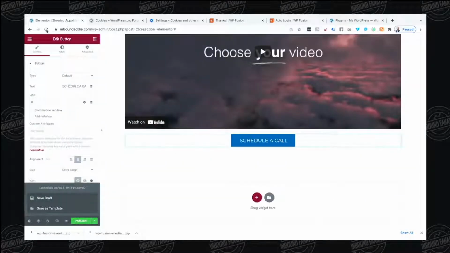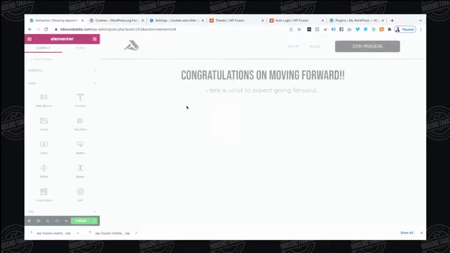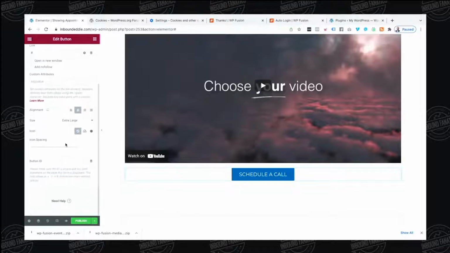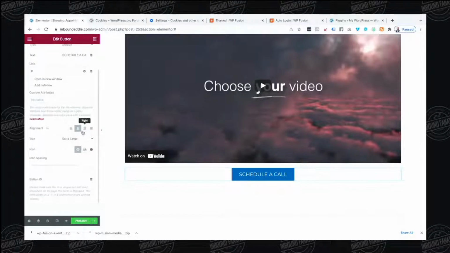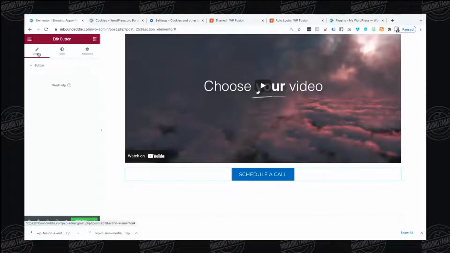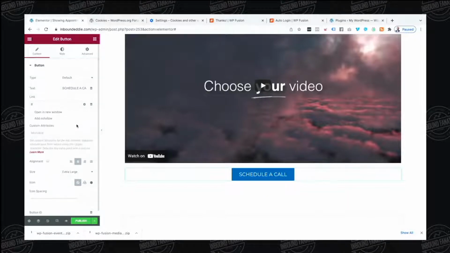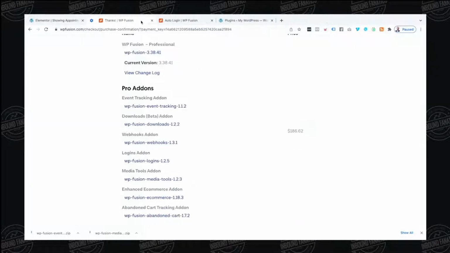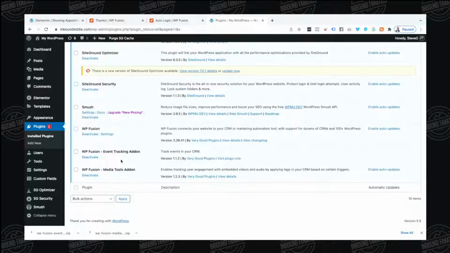Okay, so let's get the event tracking add-on. So let's go back over here. Let's refresh this page and let's see if that gives us more options around this. I bet it does. Don't really care about an icon here. Nothing in settings. Let's close this out, close that out. Let's go back to our plugins. And let's just see what